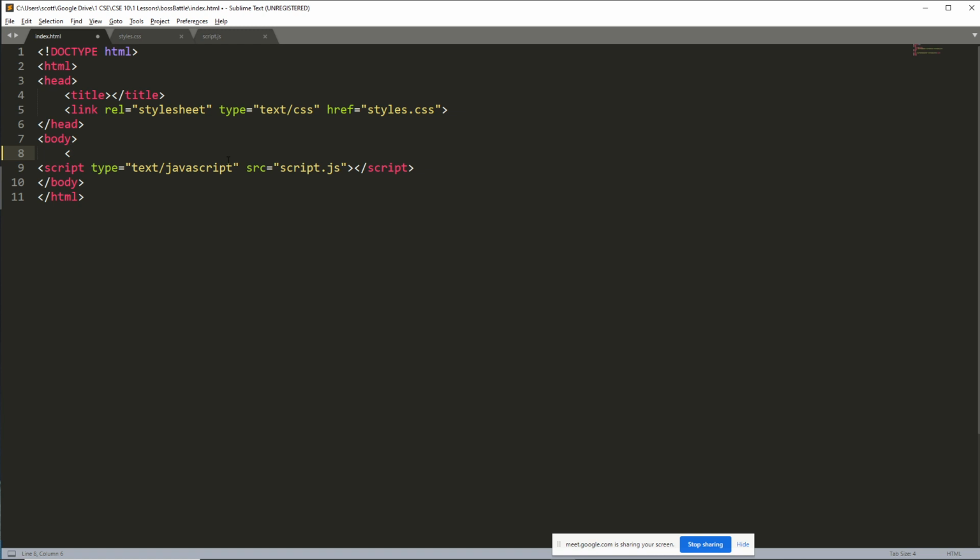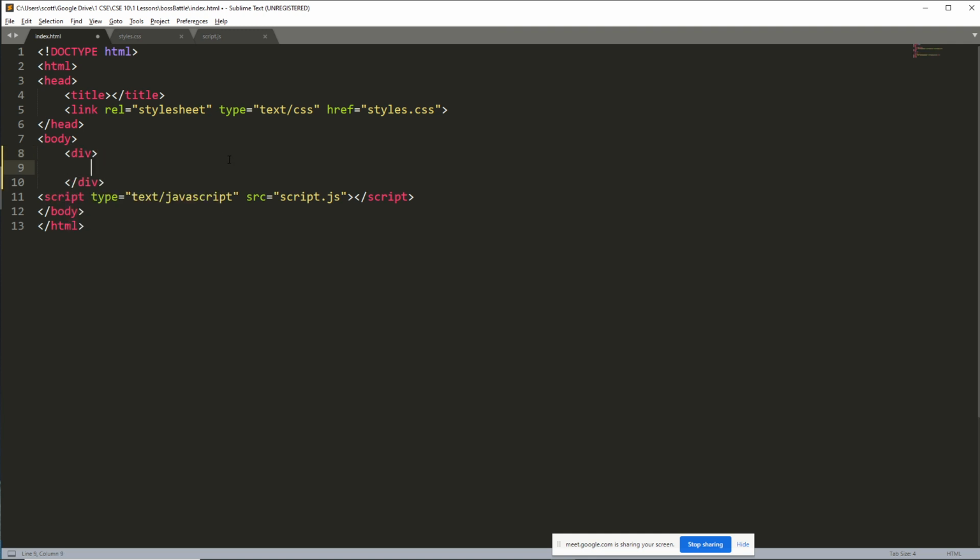You can always change up the order, but if that's the layout you want, I'm going to start by creating the structure of my divs and then use CSS to put them in the positions I want. So I'm going to create a div, and let's call this container,